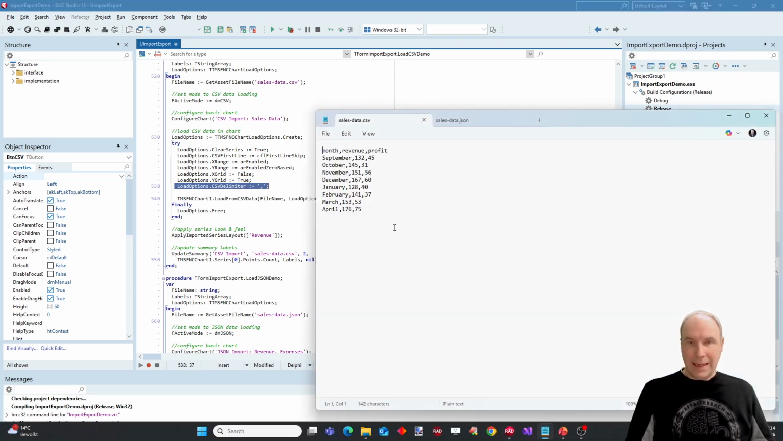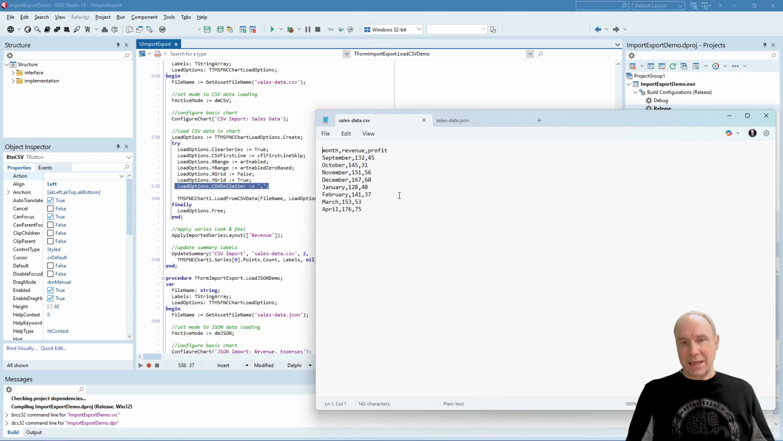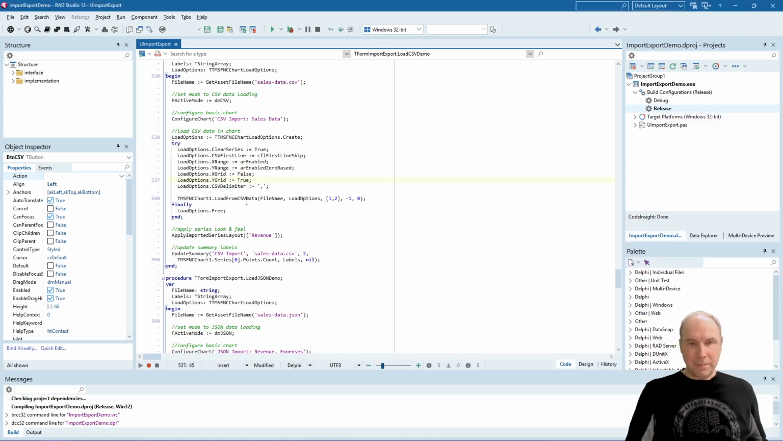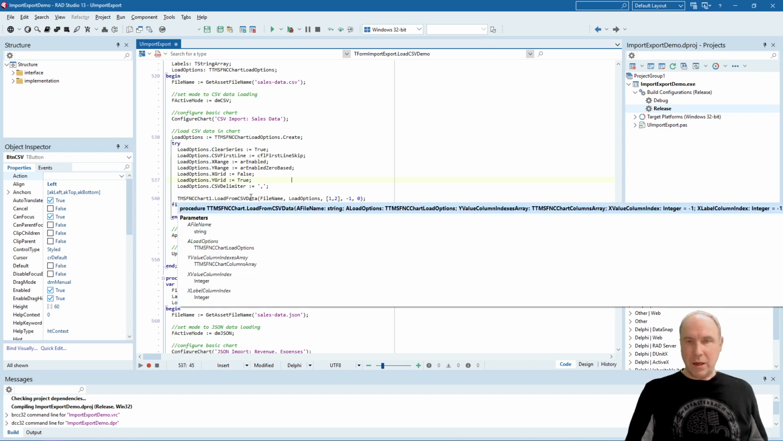Let's have a look at the content of our CSV file. You can see in the first row that it has the label for what each column contains. That is the month in the first column, the revenue in the second column, and the third column contains the profit. And so here we are calling the built-in method for our FNC chart, which is the load